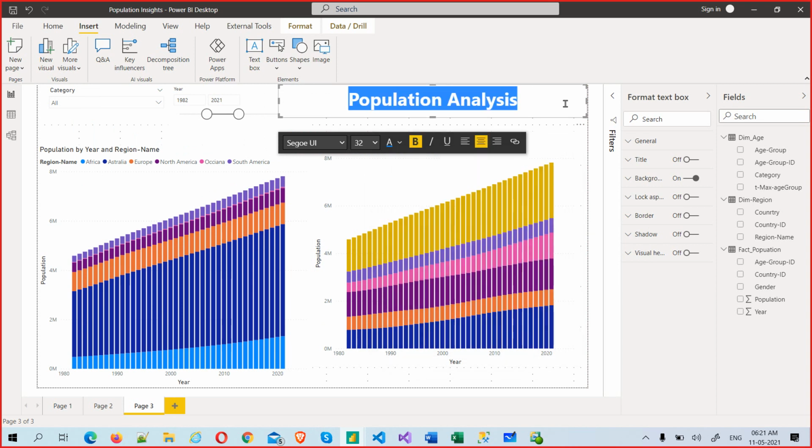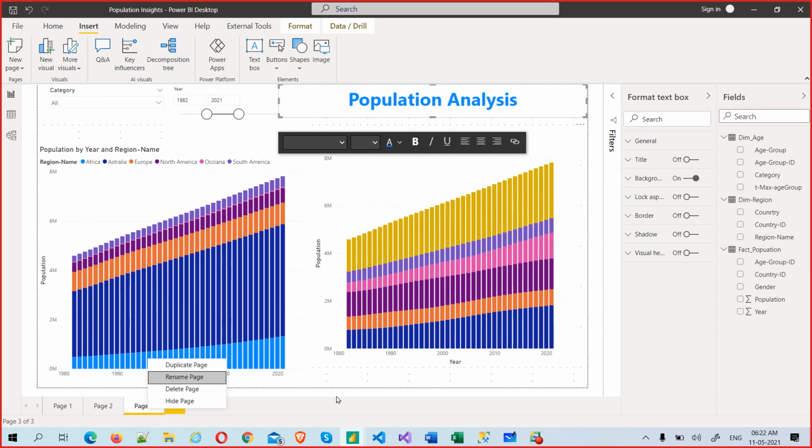Analysis in blue, something like that you can put, and you can put your logo, anything. You can insert an image, your logo, or anything related to population analysis, some population picture or logo or icon. Everything is possible.